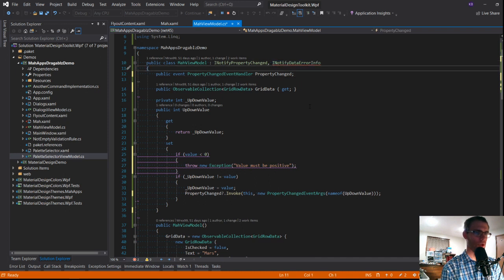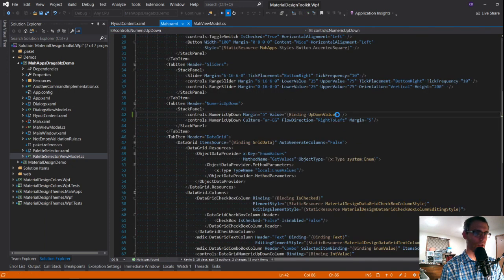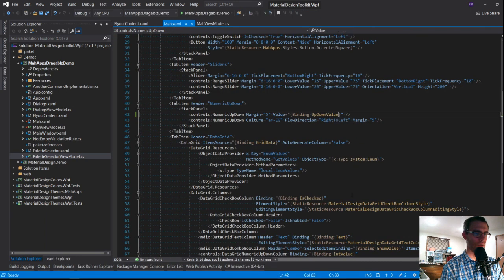And then we'll just change the binding on this guy to say that it handles exception validation. So, let's see. Validate on exceptions true. So that'll just tell it that when exceptions are thrown, use that for validation. Because if my property throws an exception, that's some sort of validation has occurred.